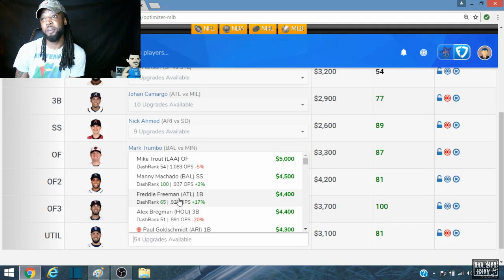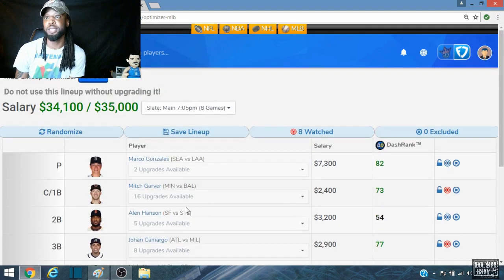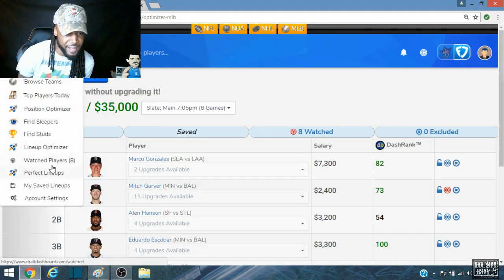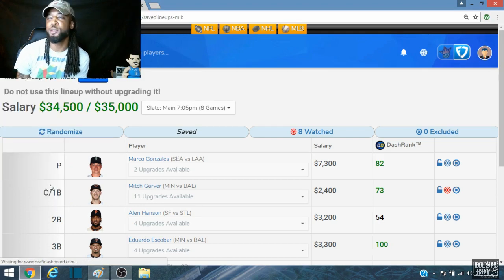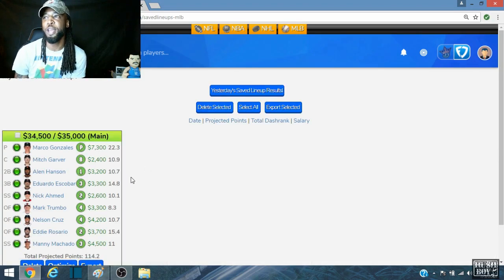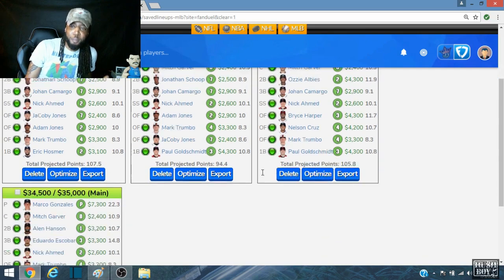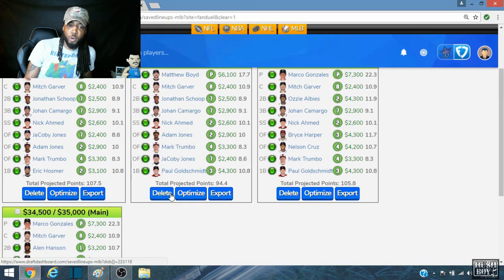If you like the lineup you got, go and ride with it. But I'm trying to max. I see a lot of upgrades I can make. So now all you do is save that lineup. And once you save that lineup, it is in your saved lineups. Boom, there it is right there. You can even make multiple lineups. If you don't want it, you can delete it, make some changes with the optimize button, or export it right